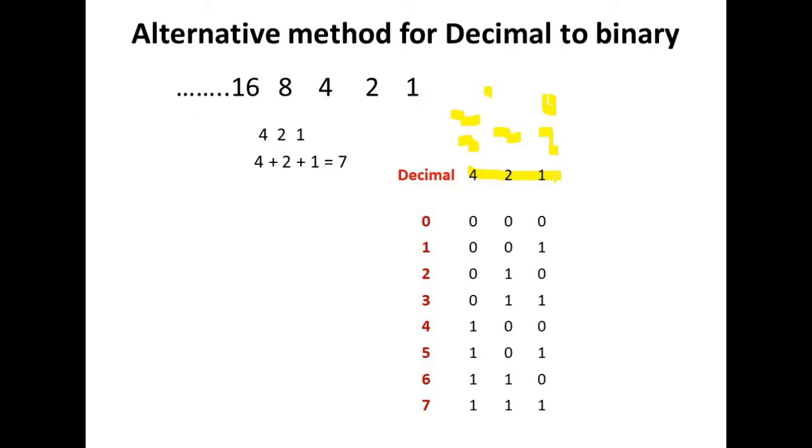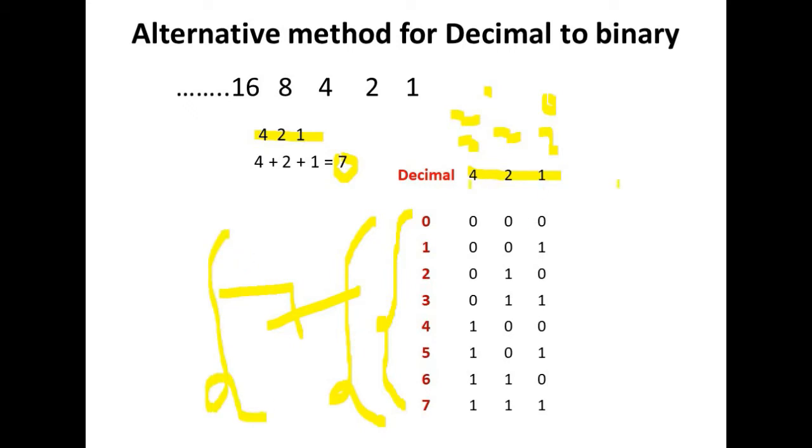That is, the weights are written 1, 2 and 4. Now if we sum these numbers 1, 2, 4, we get 7. It means a total of 7 numbers can be converted. It means we can write 7 numbers using 3 digits. So if we want to convert a decimal number into binary up to 7, we can use 3 digits.